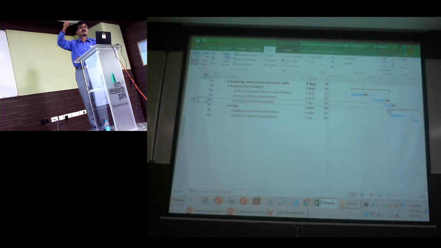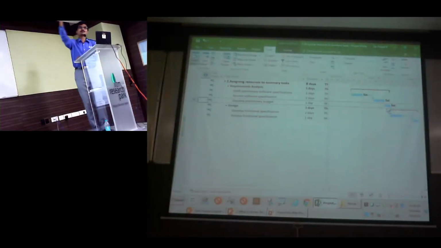We can avoid that. See it, right? Sorry, sir. This is a fact issue. But his question is, he is working only 50% on the first activity. No, he is working on both the tasks in parallel. Correct. Which means 4 hours on one task and 4 hours on the other task. When you say 50%, which means 2 hours per day. Correct. 4 hours is going to be divided as 2 hours per day. So now the task will take much longer. Rather than 1 day, it is now going to take 2 days.